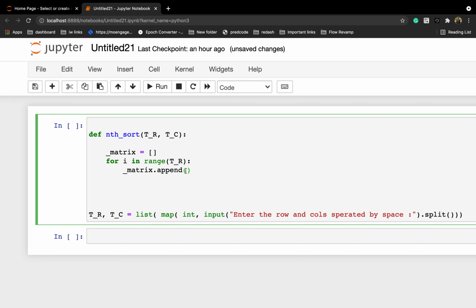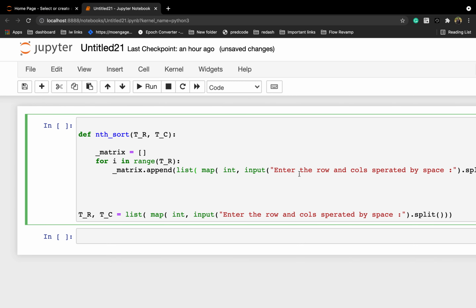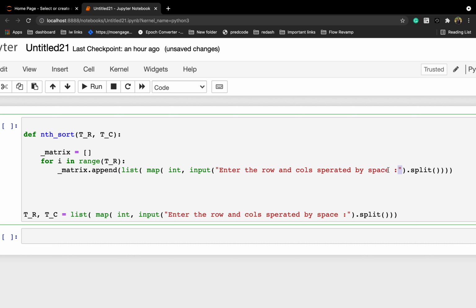So append, and then list, map, input. This I'm removing. Let's say I'm writing enter column elements. You can write anything, I'm just writing it.